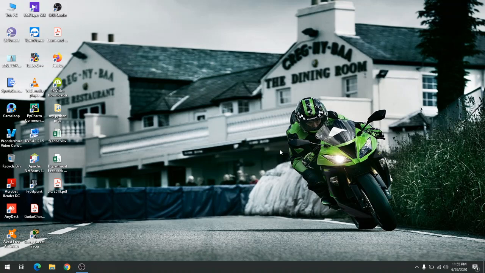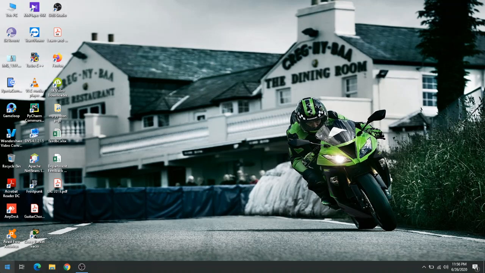Hello friends. In a couple of days I have come up with some new issue in my laptop. My laptop is a Lenovo, and in some of the Lenovo laptops there is an issue regarding Windows 10 freezing at the startup. So whenever I start my Windows 10 and when it starts up, the entire desktop gets frozen in front of me.